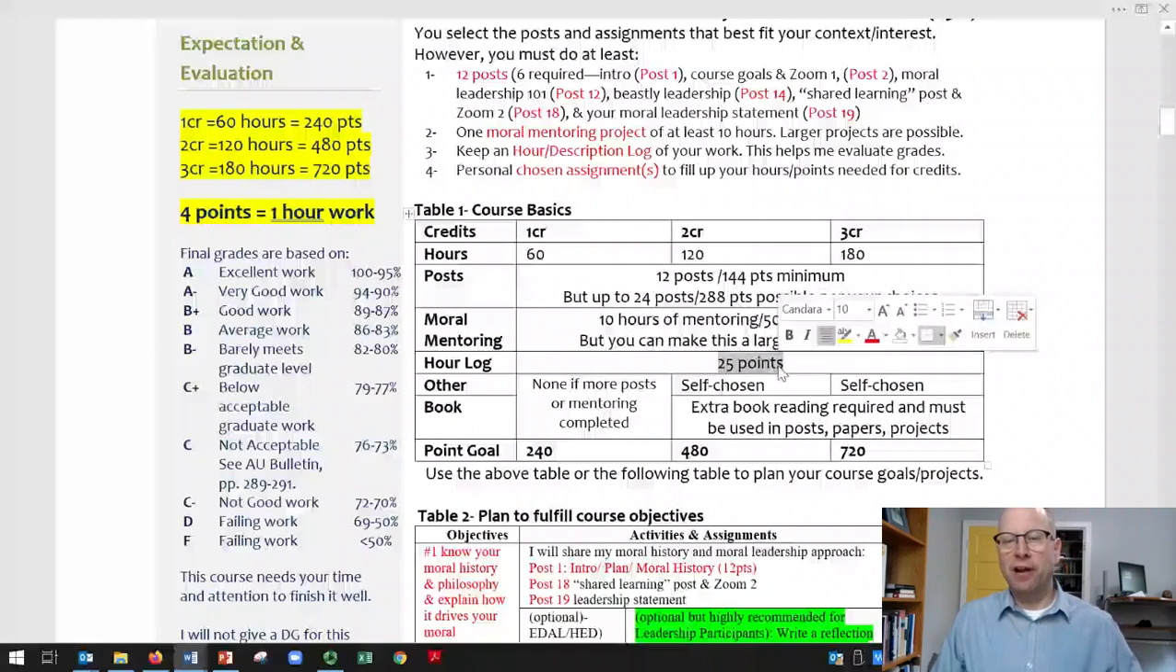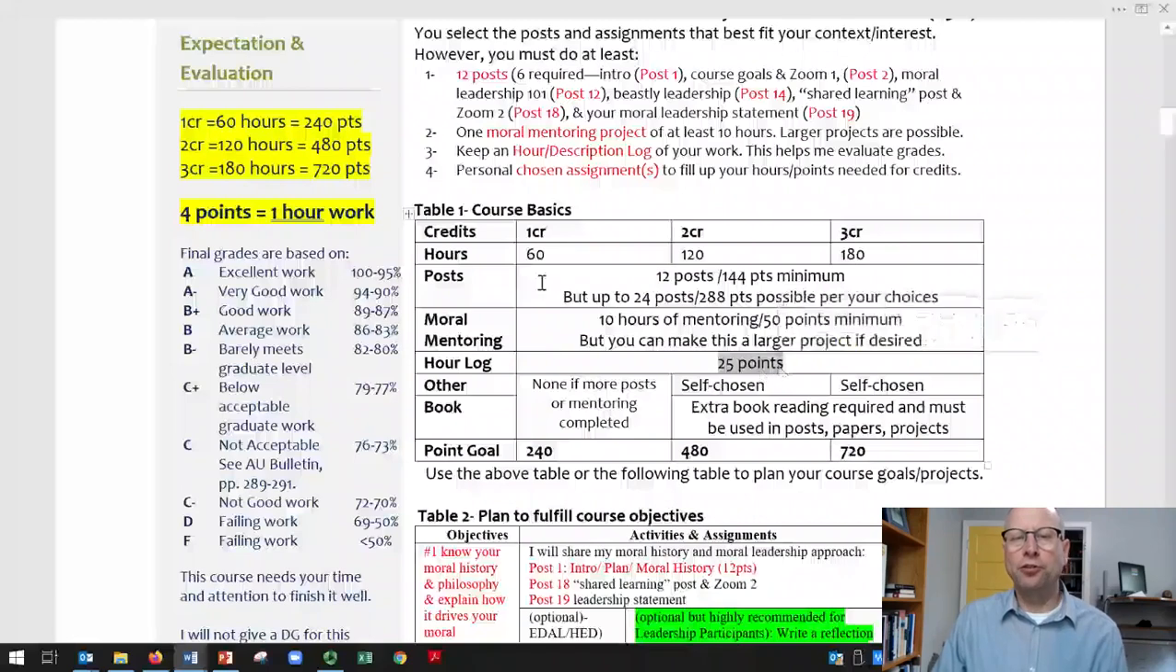Everybody keeps track of their hours. 25 points. It's about 6 hours, so you've got to keep track every day, put it on a spreadsheet, and make sure you turn it in at the end of the course. And for those taking 1 credit, 12 posts and a moral mentoring project hour log is about enough to get an A. You might have to throw in a few more posts, and then you've got your A